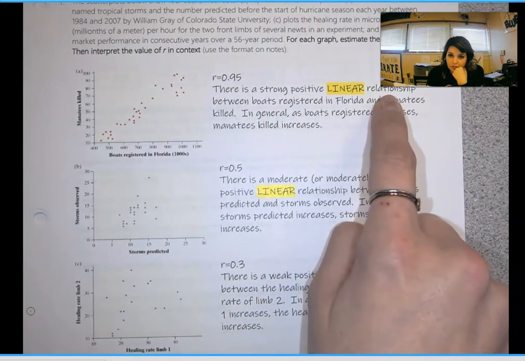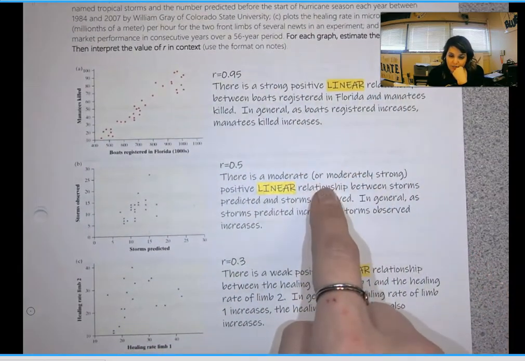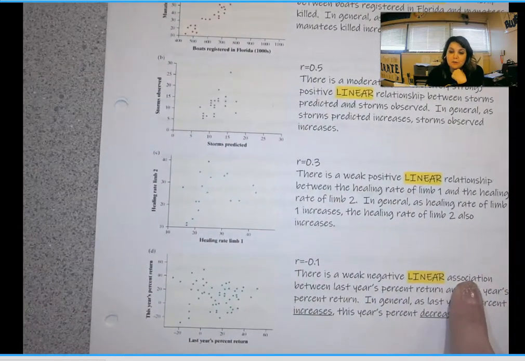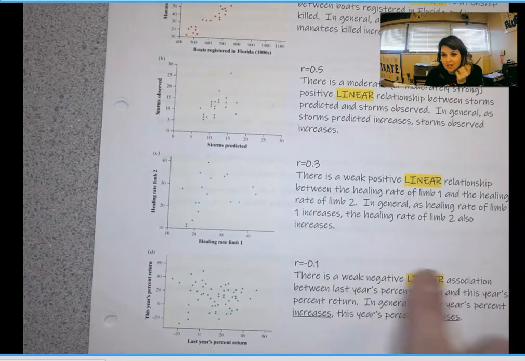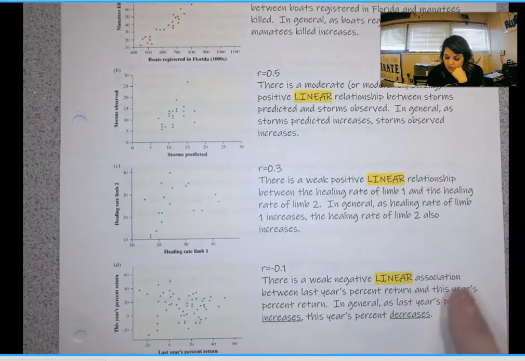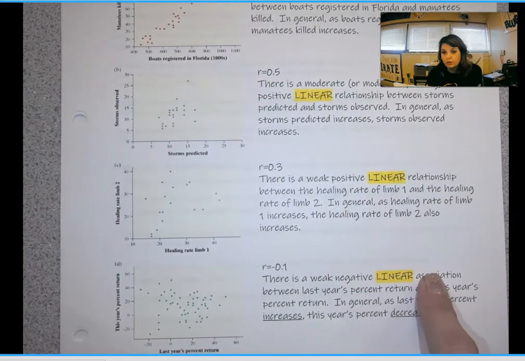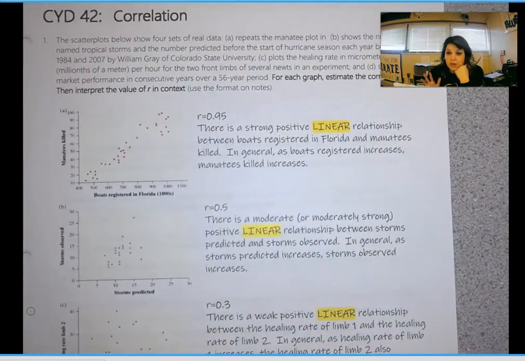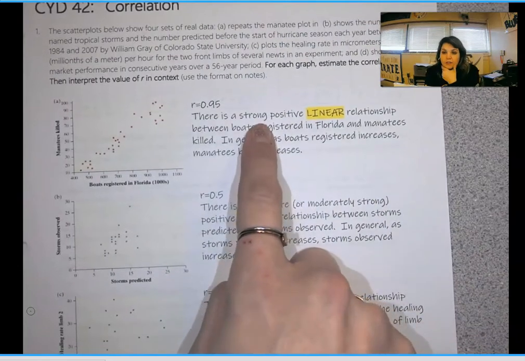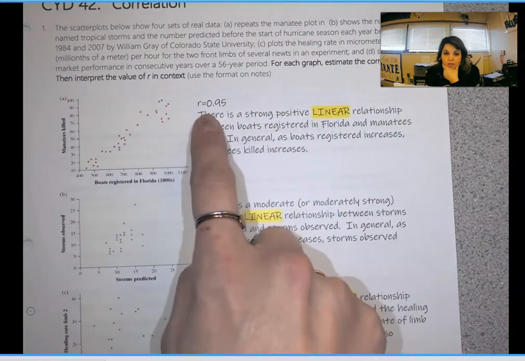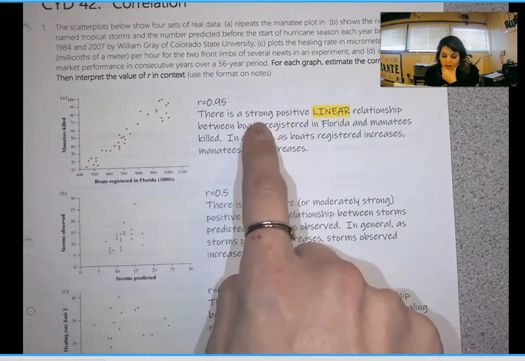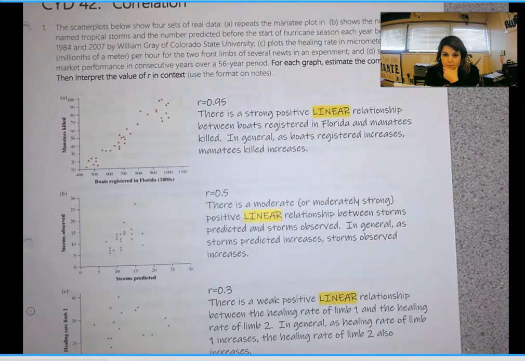I meant to change all of these to association where I have relationship. I apologize. I'm just realizing that. Oh, I did on this last one. So they mean the same thing. I was just trying to be consistent with the words that I use. So relationship is okay here, but I meant to change them all to association. Sorry to get sidetracked. As long as the strength is right, I wouldn't worry so much about how close your R value is. So for this first one, I have a strong positive linear.